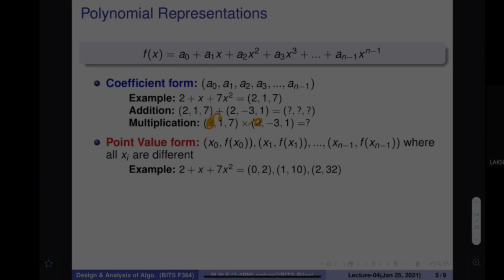When this term is multiplied by this, you are going to get a power 1 term. Similarly, this term multiplied by this gives you the power 1 term. To get the power 2 term, you have to multiply this term with this, this with this, and this with this: three such multiplications. The power 4 term would only be obtained if you multiply this term with this term.